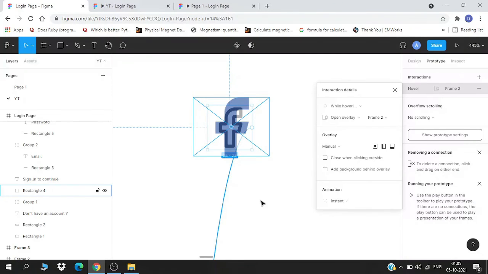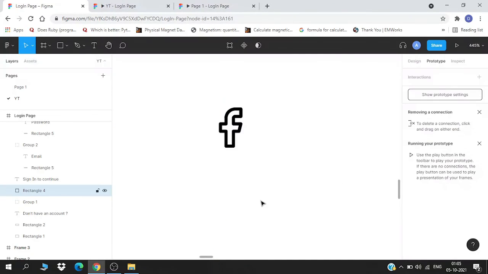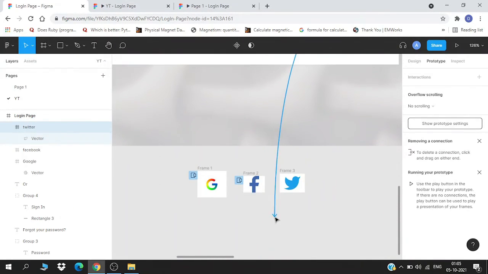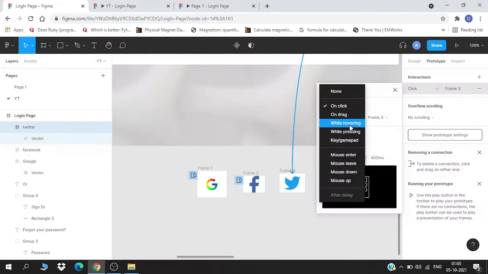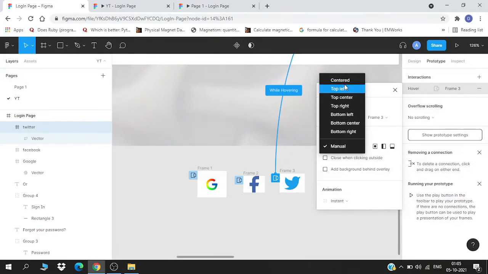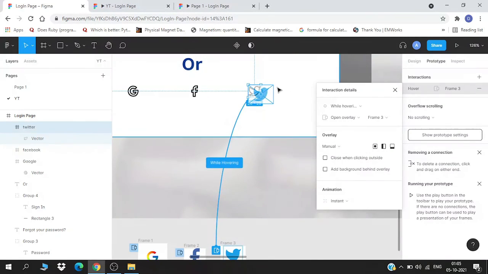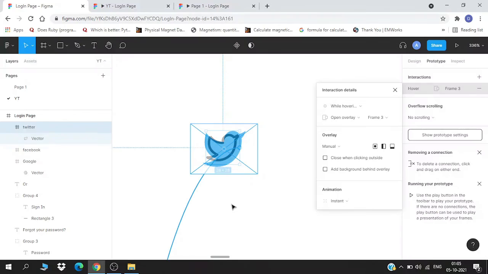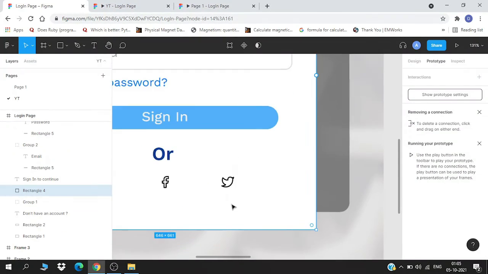Actually, yeah, so ready. And the last one, while hovering, open overlay and manual. We have so many options over here, which are the default positions. We are just going to choose manual because we have to arrange our icons as per our convenience. So I'll just take it above this, and we are ready now.